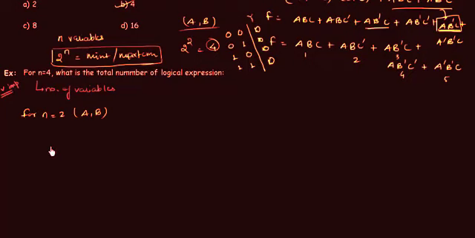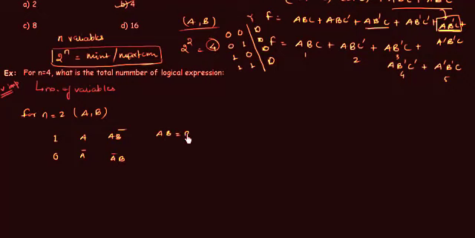So the first thing that we can have is 1, right? The second thing is 0. Then we can have a complement. When both a and b are 1, we have 1 or 1 is 1, 1 and 1 is 1. When both a and b are 0, then also we have 0. And we can have b as 0 and a as a. So we have a complement, b as 0. So we have a complement. And in the same way, we have a b complement, a complement b, a b.